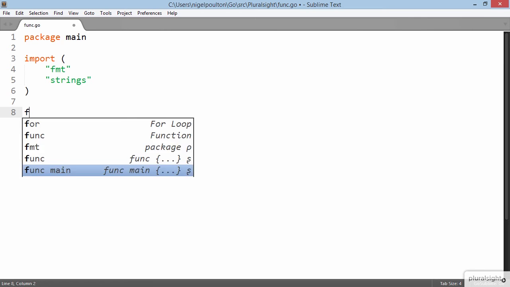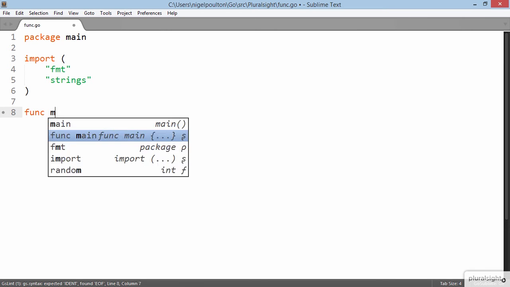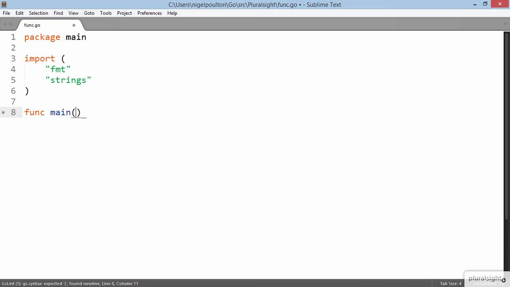So we go with the func keyword, then main, and immediately we give it a set of parens. Now, the main function's a bit special, in quite a few ways actually, but for us here, it gets called automatically, and it doesn't take any input parameters, nor for that matter does it return any values. So its signature is super simple. Oh, and of course, we give it curly braces so that